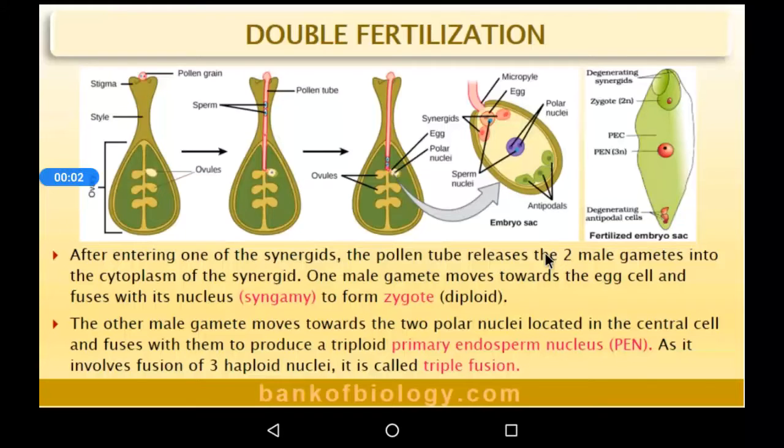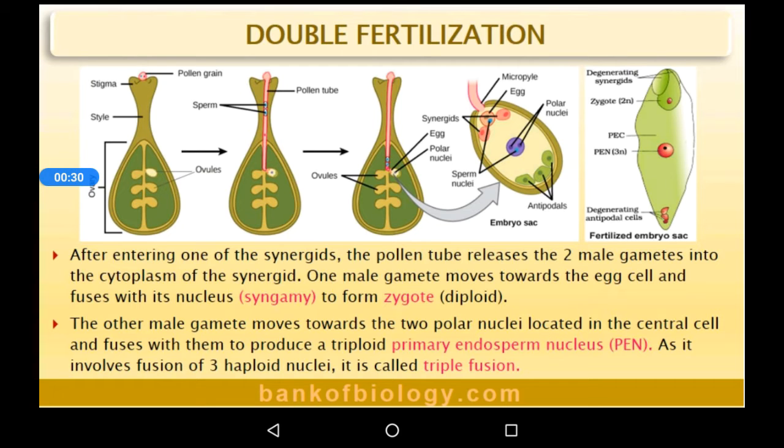Hi students. We already learned about the pre-fertilization events, how the gametes are formed, and how the male and female gametes meet each other by pollination. All those things we learned. Now, fertilization in flowering plants. How does fertilization happen? The first step should also be clear to you: how the male gametes reach the ovule, inside the ovule, for fertilization.